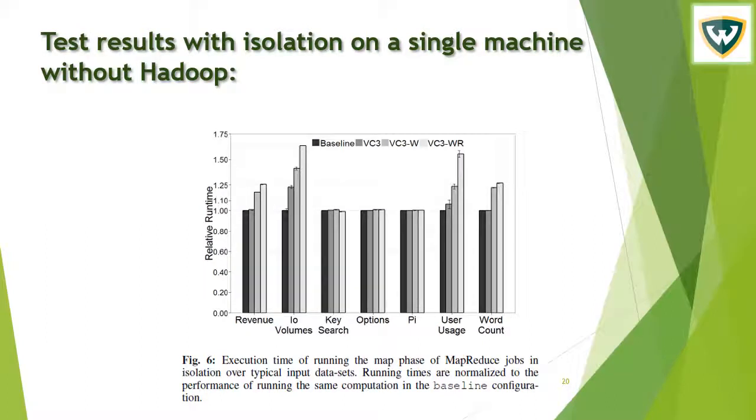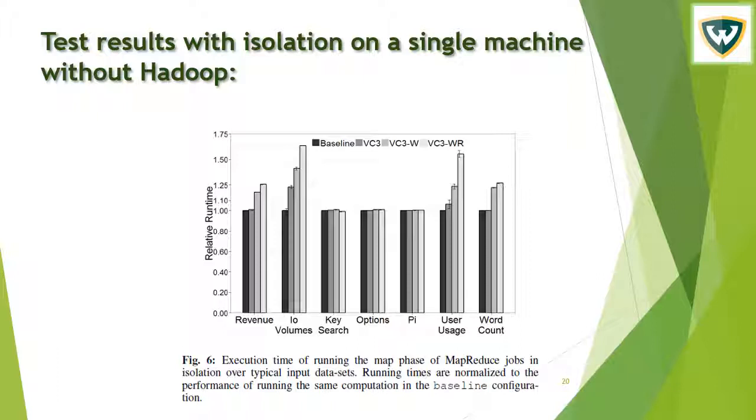Also, they redid the test on an isolated machine because they claim that the Hadoop and cloud environment has its own performance overhead, and they needed to know what exactly the performance overhead of VC3 is. So they redid the test on a single machine without Hadoop. As we can see from the result, the I/O volume and user usage, which were I/O intensive, had the most performance overhead, more than 1.50 times the baseline. And as we can see in the graph, for example, the revenue had 1.25